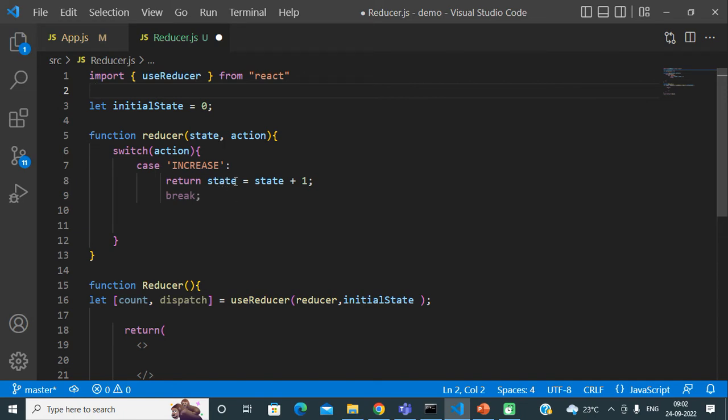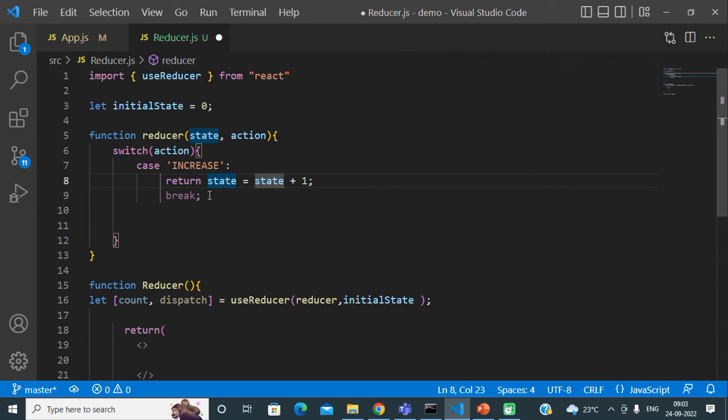And we will update it: state is equal to state plus 1, means 0 plus 1, and we just return this new state. So we return 1, and when we return 1 from this particular action, our component state gets updated to 1. So now our component state will be 1.